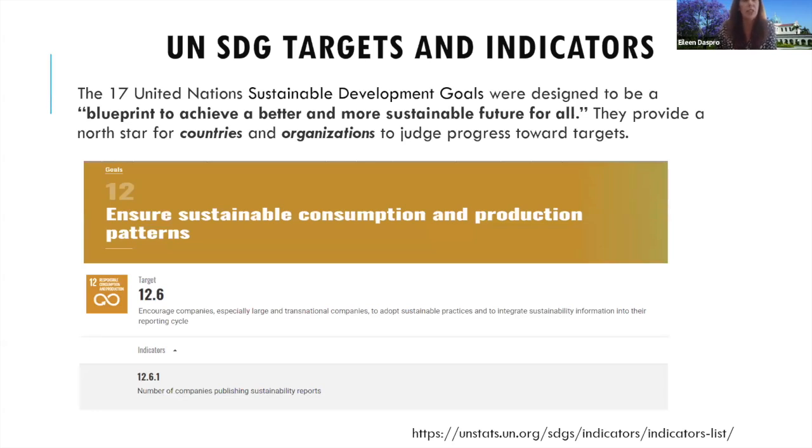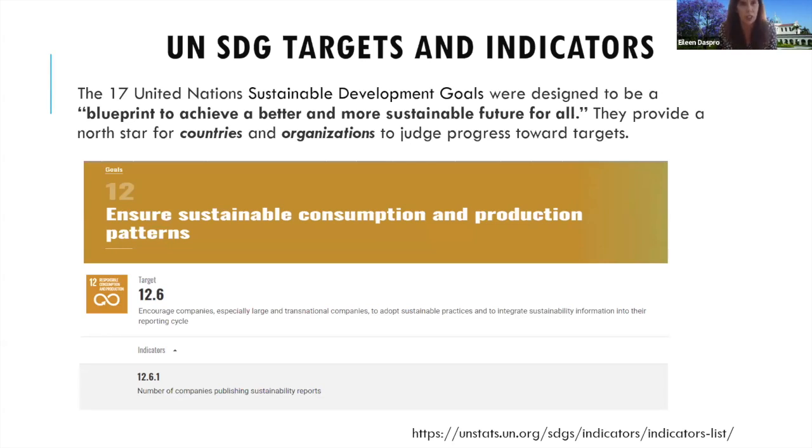And then in addition are included a number of different indicators or KPIs by which countries or organizations can measure their progress towards attainment of the SDGs. I chose this one specifically because it's particularly relevant for firms: basically the number of companies that are publishing sustainability reports, which is a topic I'm going to talk about a little bit later on in the presentation. So, a concrete KPI associated with the indicator, with the target,